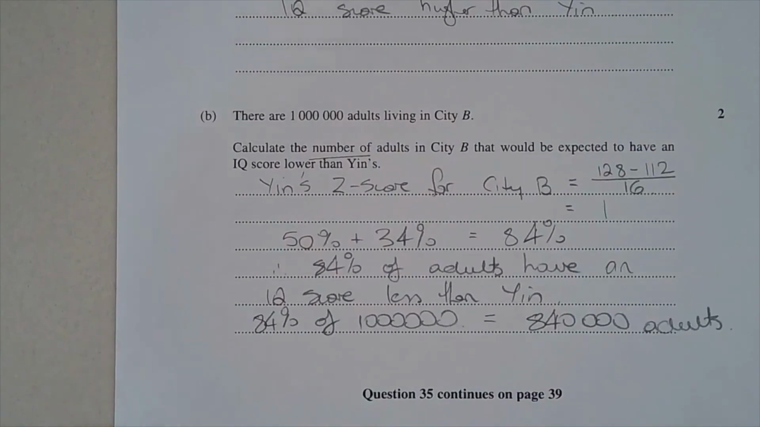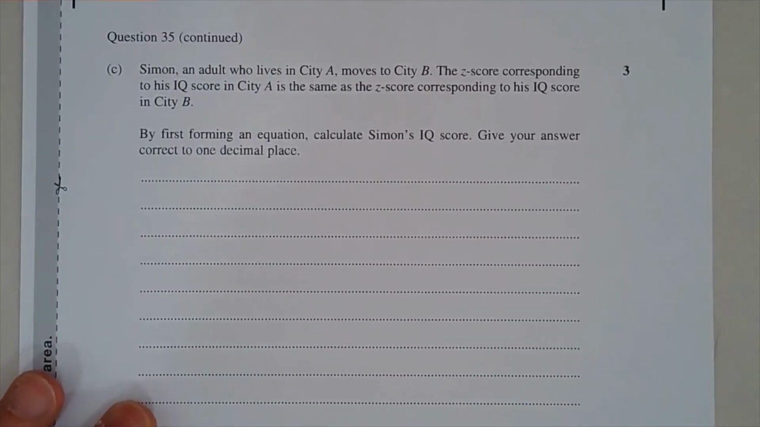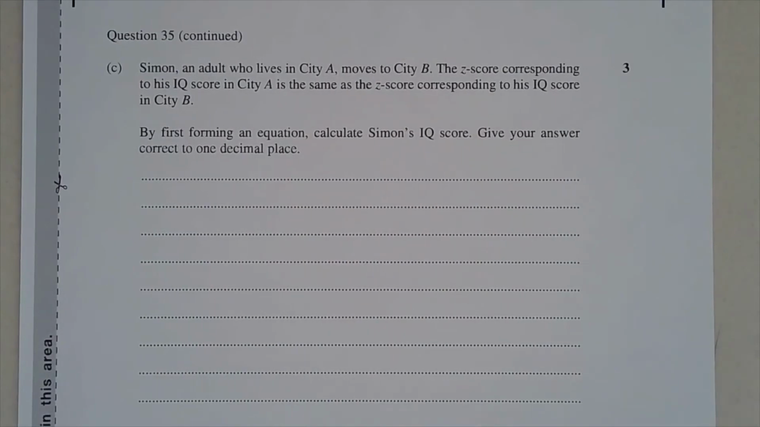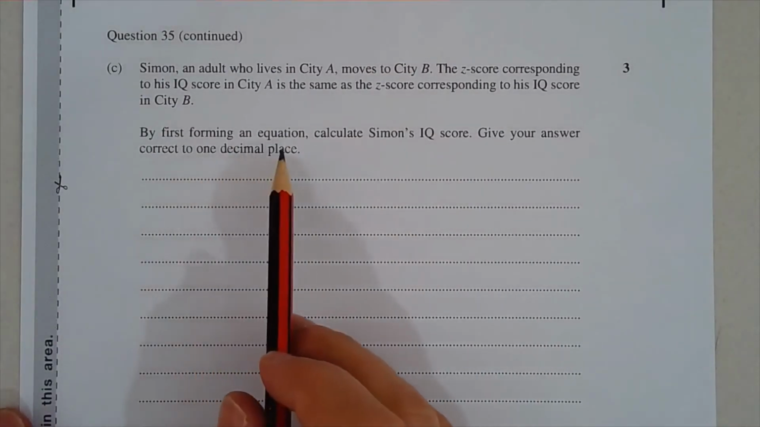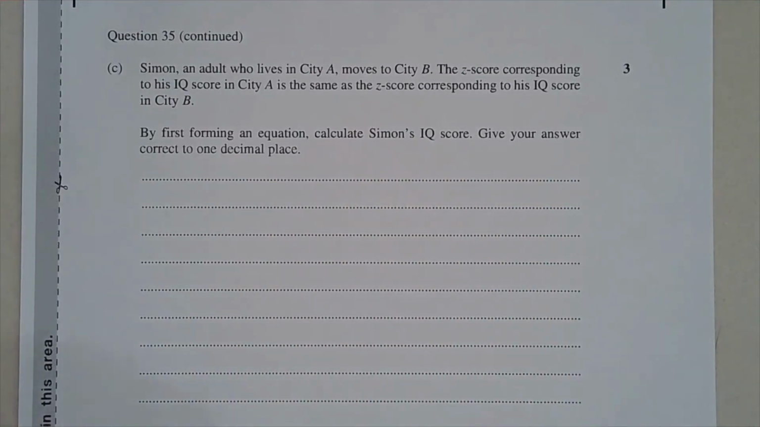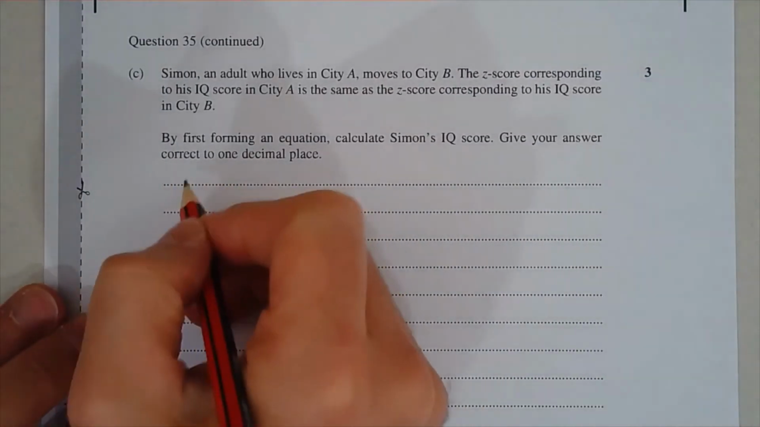Right, let's go to the final part now, part C. Simon, an adult who lives in City A, moves to City B. The z-score corresponding to his IQ score in City A is the same as the z-score corresponding to his IQ score in City B. By first forming an equation, calculate Simon's IQ score and give your answer correct to 1 decimal place. So first of all, we're going to let